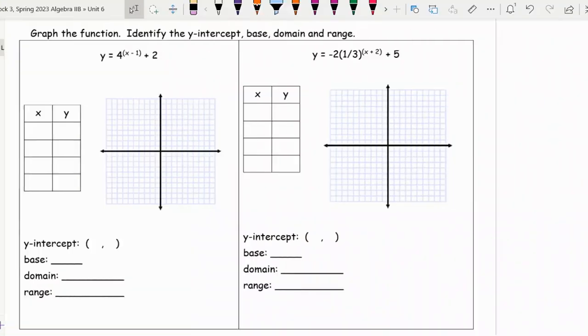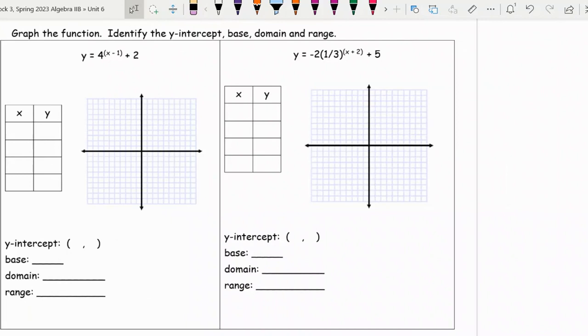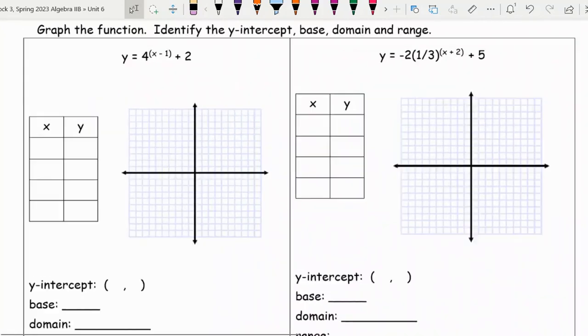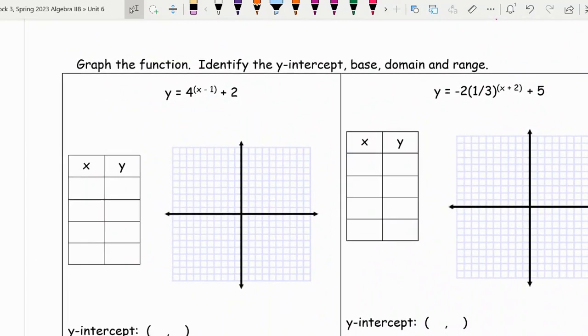Last 2. Y equals 4 to the x minus 1 plus 2. So this is moved right 1, up 2. So I'm going to start here with 1 for my x value. So the fact that it moved right 1, I'm going to start with that x there, and then I'm going to go below it and above it. So when I put in 0 for the x, 4 to the 0 minus 1 would be 4 to the negative 1, and then plus 2,